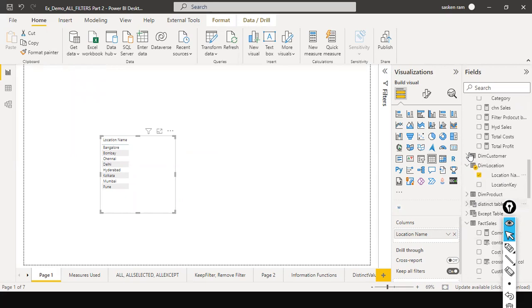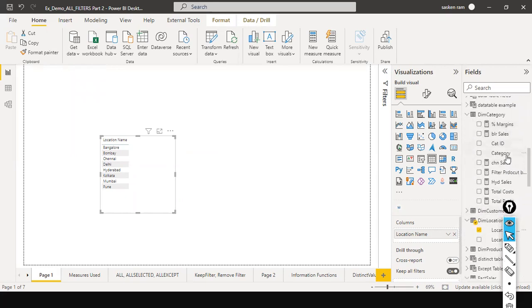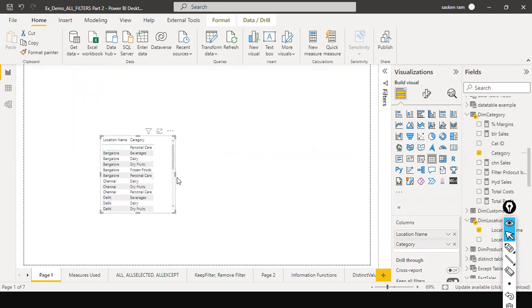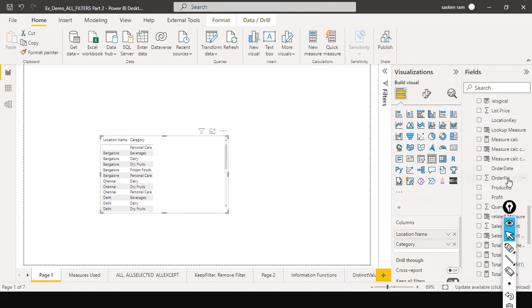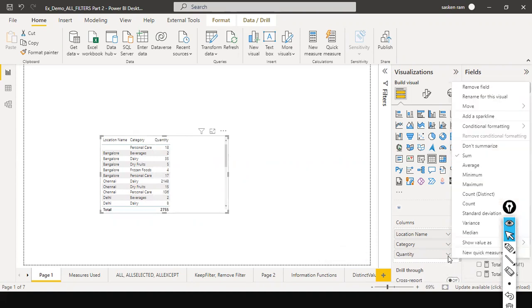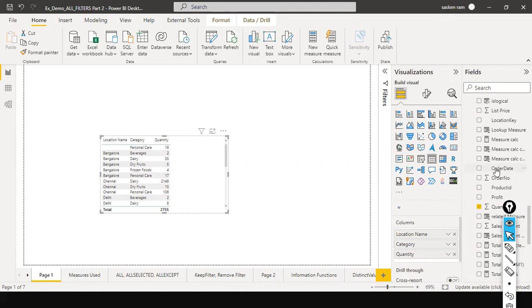I just go to the category table. Okay, it is available. The category name, location by category. We can see a lot of categories here, because we have different locations available. In Bangalore, we sold products under different categories, and what I do is I just pick up the unit sold in this fact table. And for each and every city, how much we sold. Here it is doing the sum. And the next one is